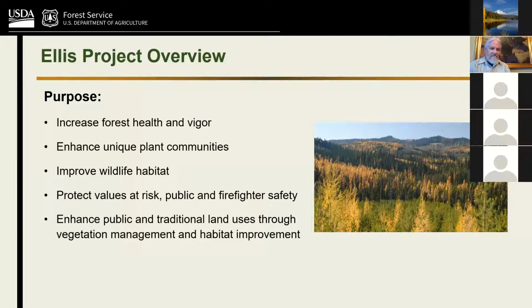The purpose of the Ellis Project is five-fold, with some connected byproducts and other benefits to the community. The first that I'll talk about is increased forest health and vigor. And the other ones below are pretty closely connected with that first one. So, enhance unique plant communities, and I mentioned there's aspen and meadows and shrub steppe habitat types and plant communities